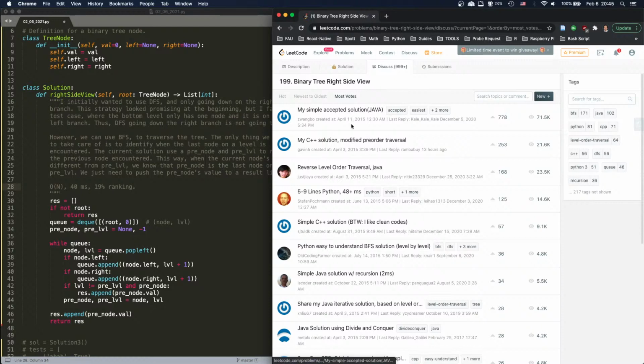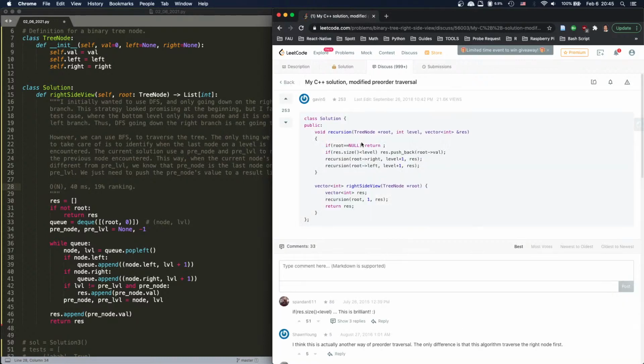Let's see other solutions. This is Java. This is modified pre-order traversal. So you can still do pre-order traversal. BFS level, that's the one I use, most likely. Okay, I think we can do